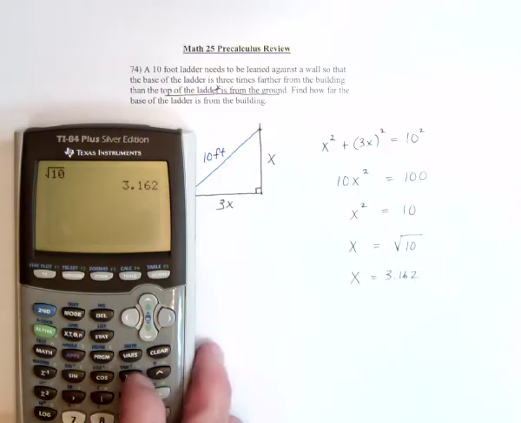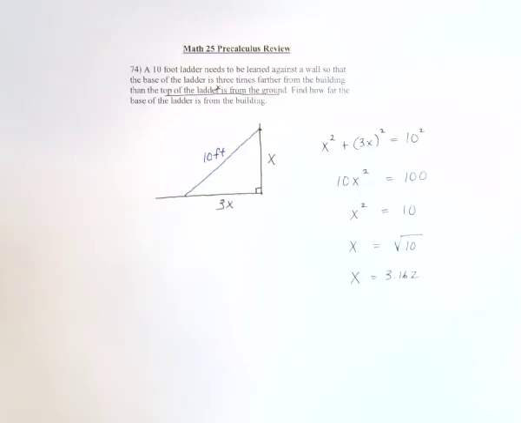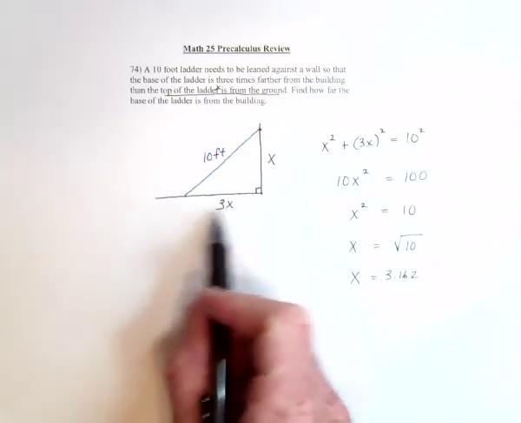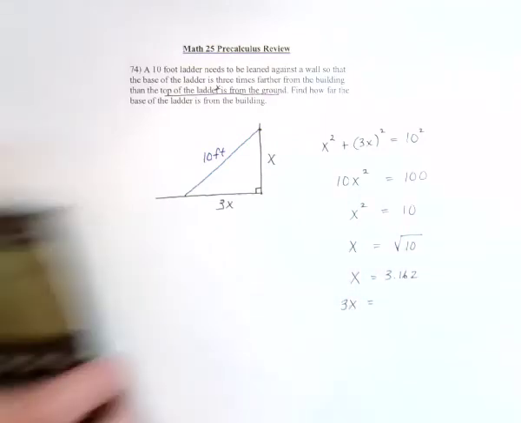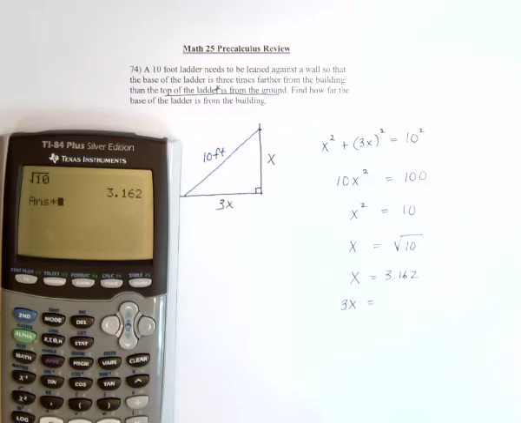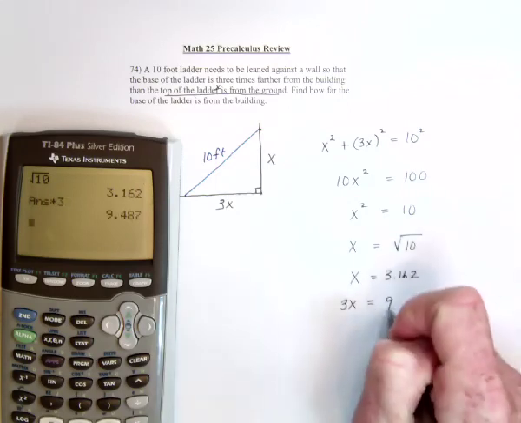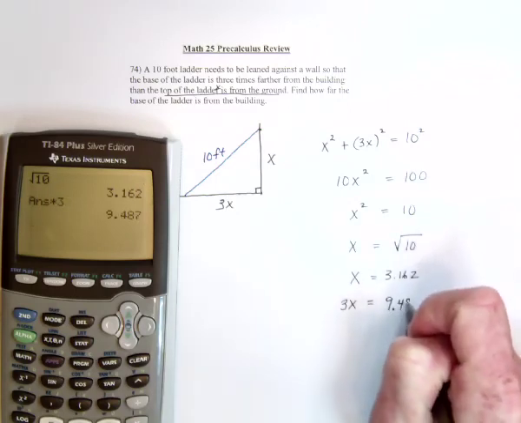Okay, now go back and make sure that we answered the question. Find how far the base of the ladder is from the building. So that's this side, that's the 3x. So the 3x side would mean we need to triple that, times 3, 9.487